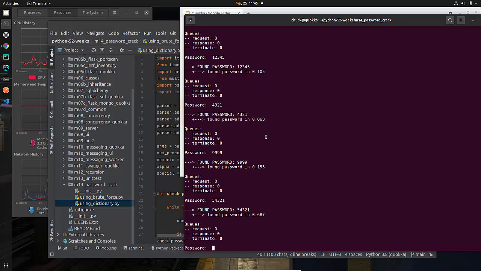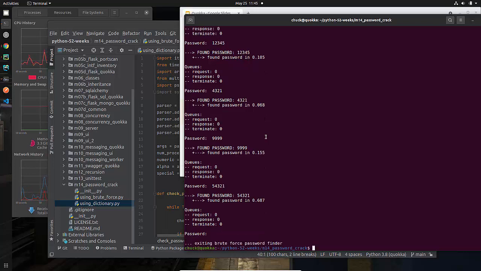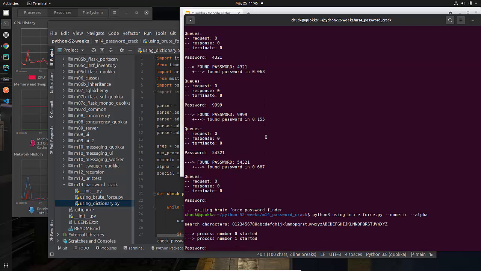What I'm going to do here is I'm going to stop this, and this time I'm going to say numeric, and I'm hoping this is the keyword that I'm passing in. Yeah, so here's my search characters. Sometimes you'll see people online do search characters, but they only do lowercase, while everybody accepts lower and uppercase these days. So this is my list of potential characters. So you can see and imagine this is probably going to take a little bit longer.